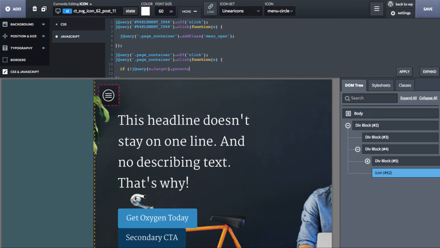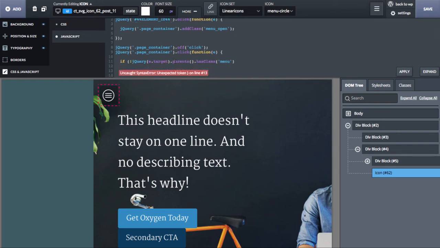e.target parents has class menu. So this checks to see if the clicked item has any parents that have a class of menu. If it does, the click must have been on the menu or inside the menu. And in that case, we don't want to close it. So only if the click was not inside the menu. We also want to check to make sure the click wasn't on the menu itself. So we'll just go not jQuery e.target has class of menu. So if we're not clicking the menu and we're not clicking anything that has a parent that is the menu,